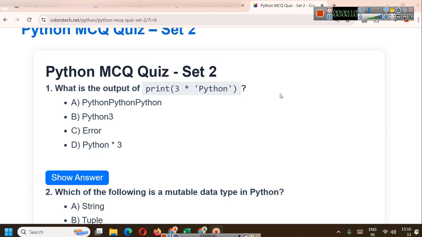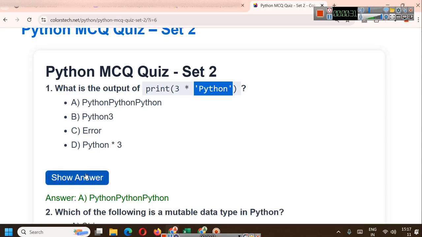So first question is, what is the output of print? Then you have written 3, an asterisk sign here, and then a literal string Python. A, Python, Python, Python, B, Python 3, C, it would give an error, or D, Python multiplied by 3. So answer will be Python, Python, Python. That is A. Basically, when you will multiply any string with a number, it will write that particular number